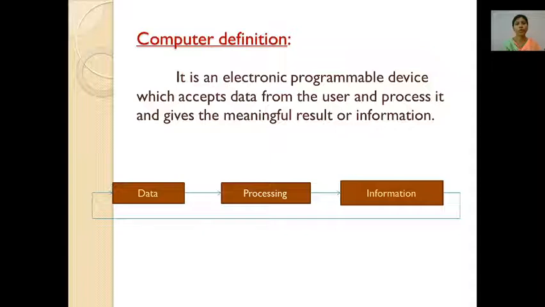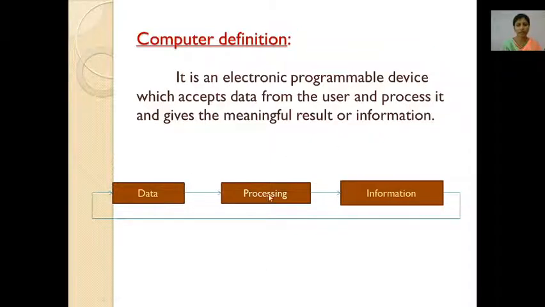See here, if you want to open any particular file or folder, or if you want to show any particular data, like this, see, this is data. So we use the mouse, meaning we give the instruction to the computer to open a particular file or folder. So the mouse is one of the input devices. A computer is an electronic device which accepts data from the user through an input device.